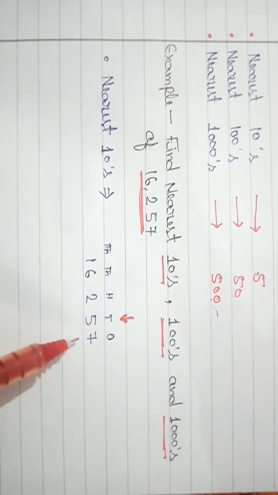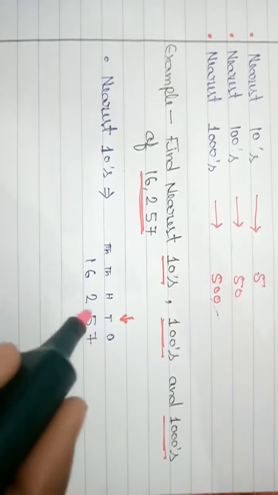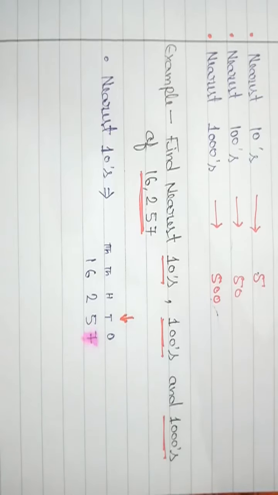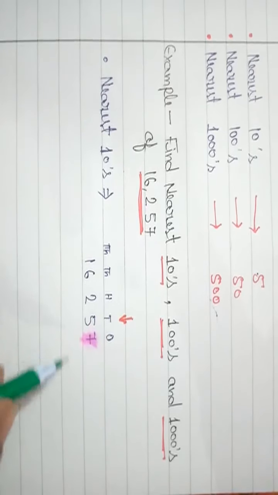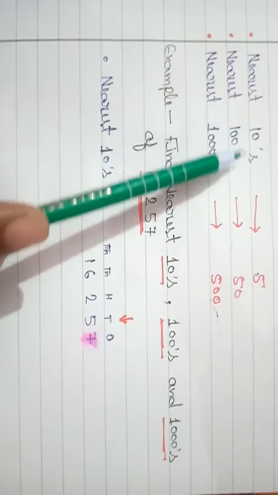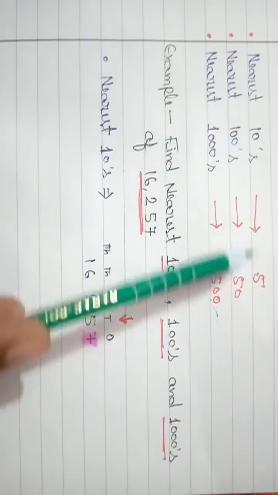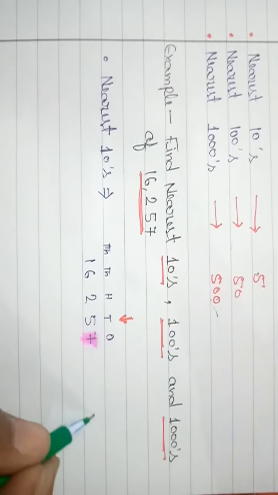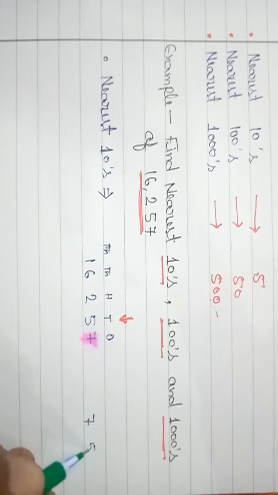Okay, the second step, highlight your right hand side places. जितनी भी place होंगी right hand side पे target place के, उनको highlight करेंगे. ओके. एंड जो भी हमारी हाईलाइटेड प्लेस होगी वी विल कंपेयर विद 5 बिकॉज हेयर वी आर फाइंडिंग नियरेस्ट टेंस. नियरेस्ट टेंस का हाफ कितना होता है 5, सो दैट्स व्हाई वी विल कंपेयर 7 को विद 5.